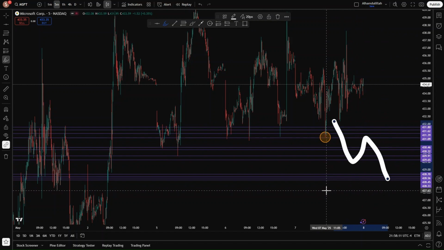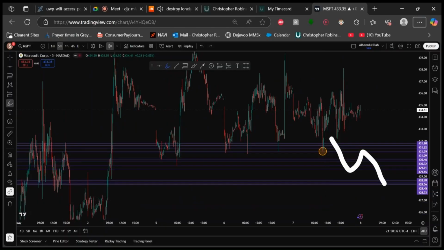Taking your trade, taking your profits. The levels are here for you. The work is done for you. All you have to do is put down the lines and wait for price to reach those lines. That's it. Keep it simple. All right, so that's going to be the easiest way to trade. Let me go ahead and